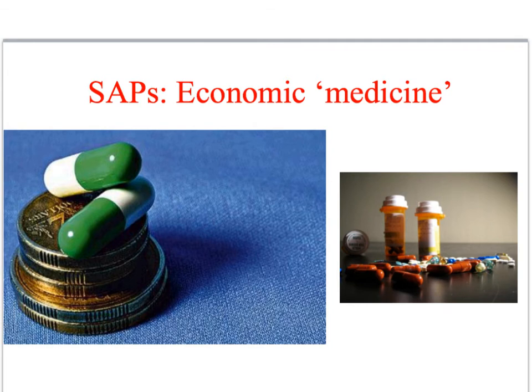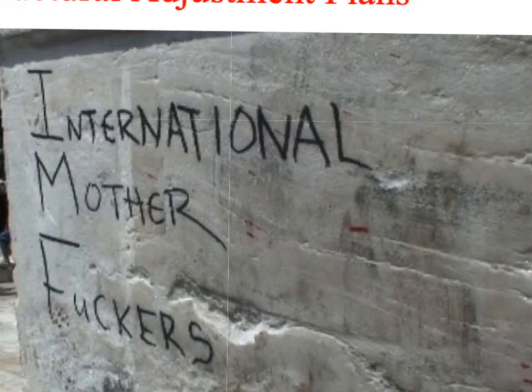Even though the colonial period is now over, dependency theorists would argue that poor countries continue to be controlled by rich countries through the imposition of things like structural adjustment programs. Remember, structural adjustment plans, or SAPs, are the conditions that have been attached to World Bank and IMF loans, and these have required poorer countries who've received these loans to remove their trade barriers, so to reduce or eliminate tariffs and the reduction or elimination of state subsidies.